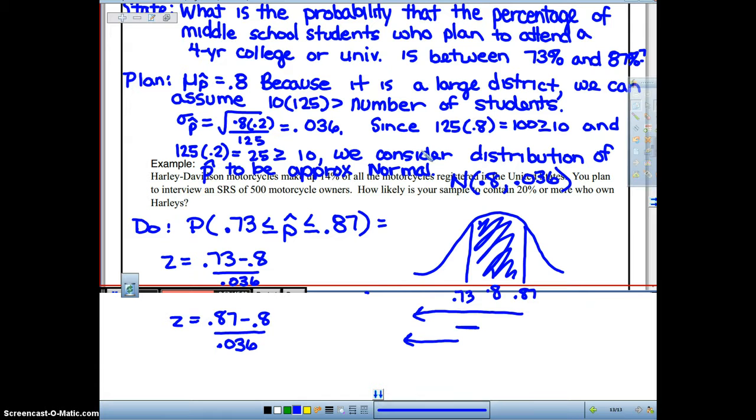So what I get when I do this is 0.948. So 0.948, or about 95% of my data, are between these two numbers right here. So then what I can say in my conclusion